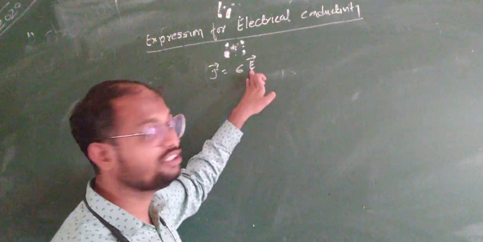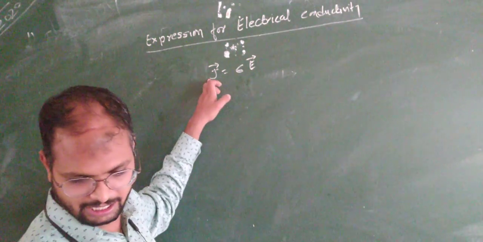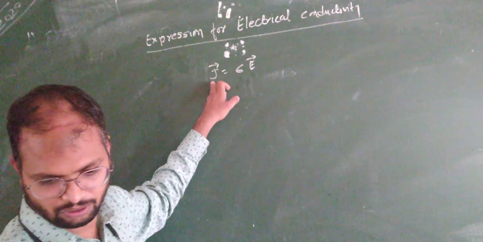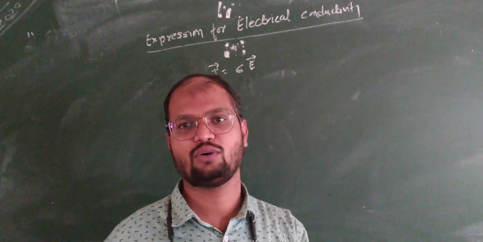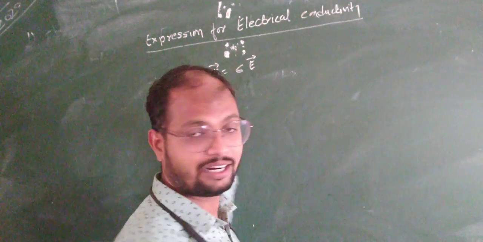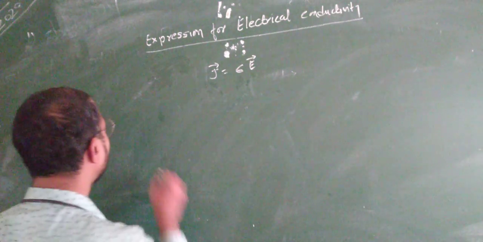E is equal to V by L. And J is what? J is equal to the electric current upon the cross-sectional area A. So I upon A is the current density. Okay, so now we consider